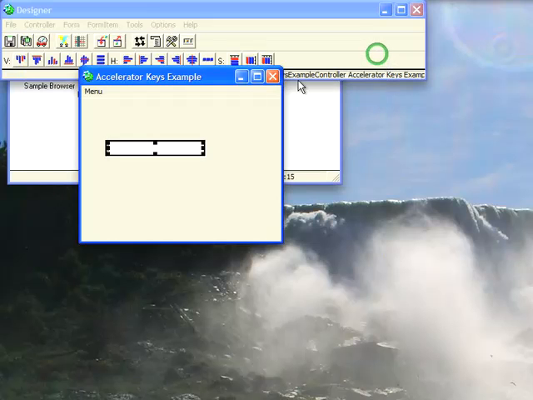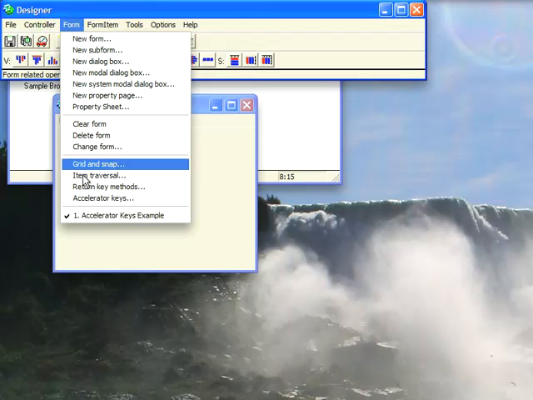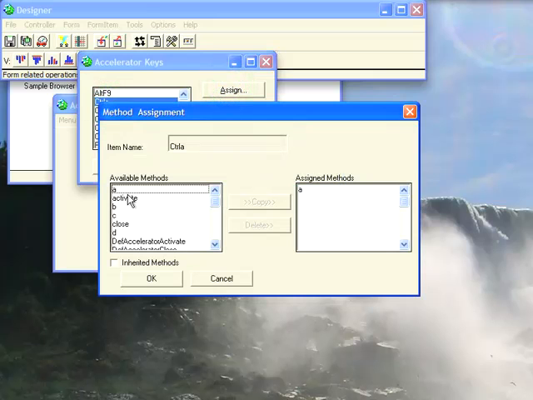So we'll close this. And what we want to do is go up here to Form Accelerator Keys. Down here we can see what accelerator keys have been assigned at the form level. Not at the input field level or the button level, at the whole form. So we'll hit this, and we'll see here we have Control A. If I hit Assign, you see it's already got this assigned. A has been assigned to the method A, B has been assigned to the method, actually I'm doing multiple select, B has been assigned to B, and C has been assigned to something else. So you see here,